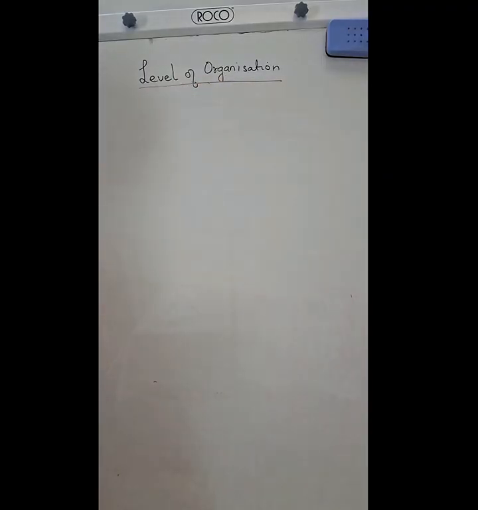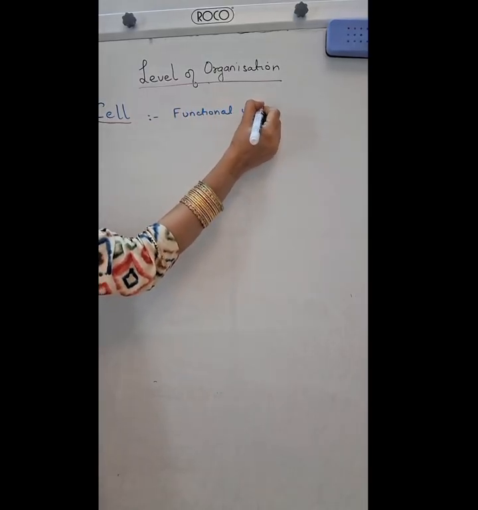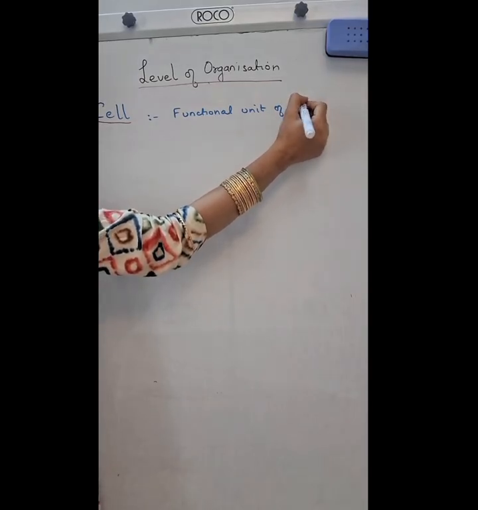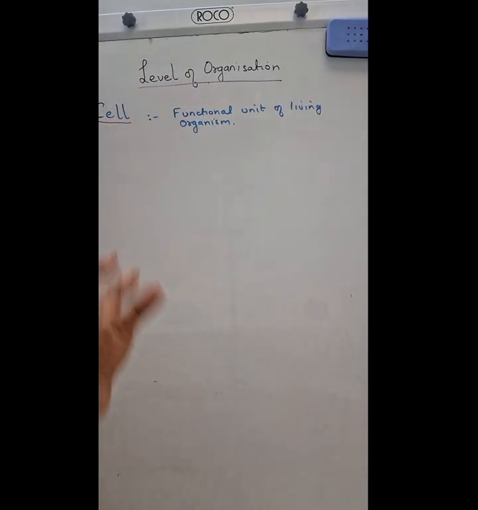Okay, so all living organism is made up of cell. So we need to define cell here. So what is cell? Cell is the functional unit of living organism. Okay, what does it mean? It means that each and every living organism is ultimately made up of cell. Okay, we have already done this cell in our previous classes, where we understood the difference between plant cell and animal cell, the similarities between plant cell and animal cell. We are talking about that cell only. So let us understand